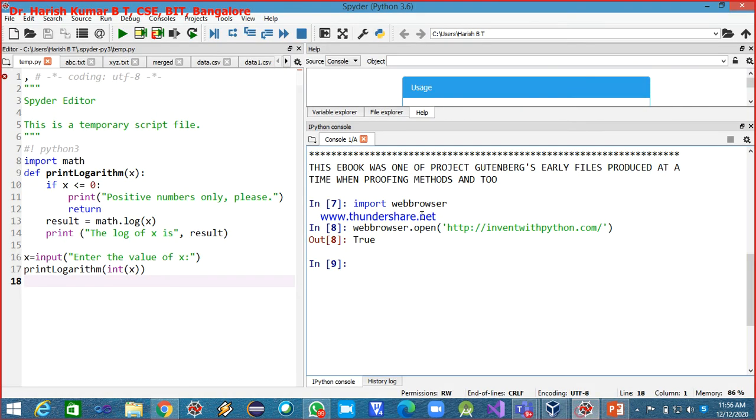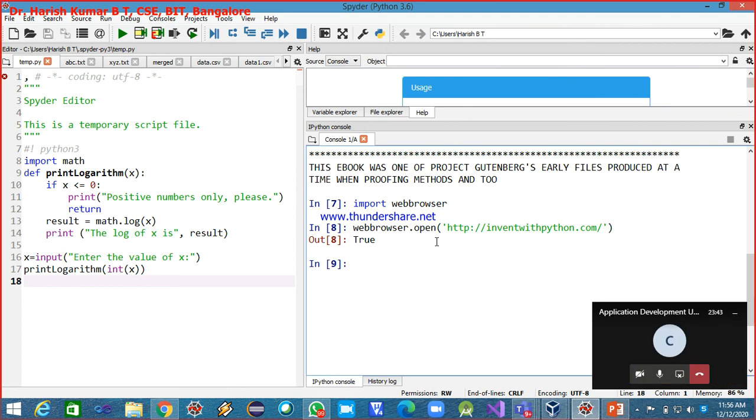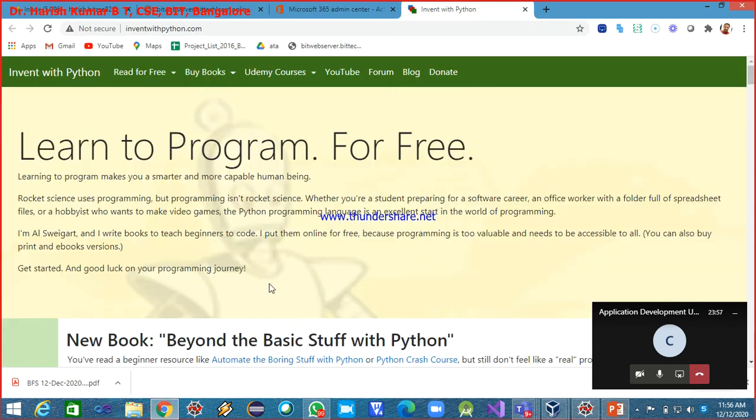So we imported the web browser, and using this webbrowser.open method, I just tried opening this URL. The return value from open is True, and you can see the browser got automatically launched and we have it open for us.